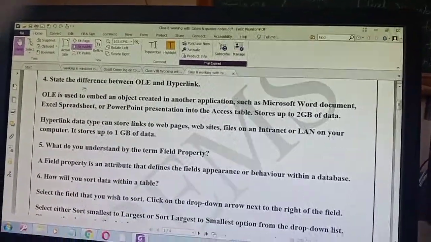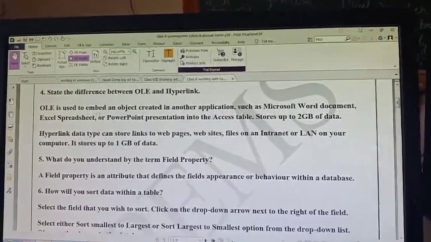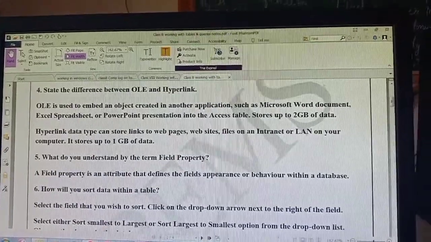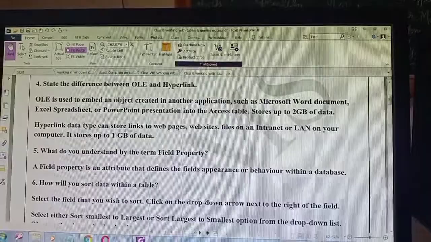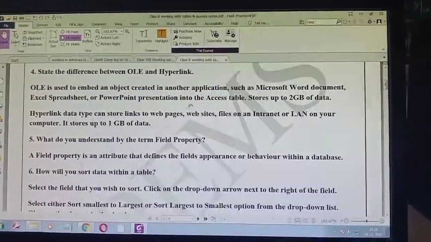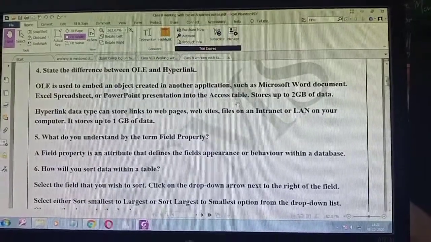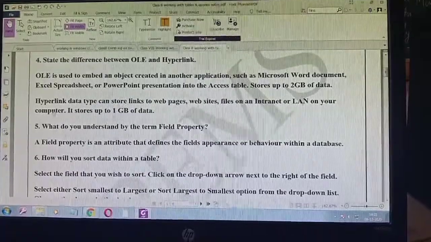Next is state the difference between OLE and hyperlink. OLE is used to embed an object created in another application such as Microsoft Word document, Excel spreadsheet or PowerPoint presentation into the Access table, and capacity stores up to 2 GB of data.